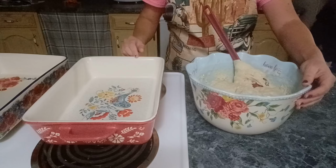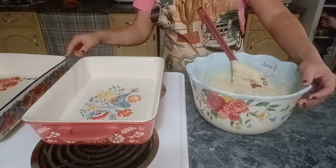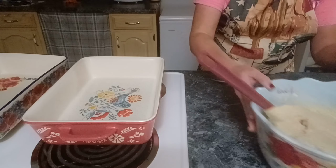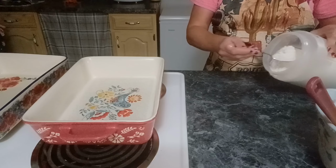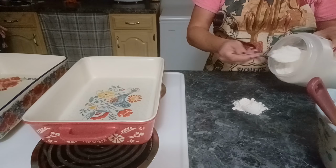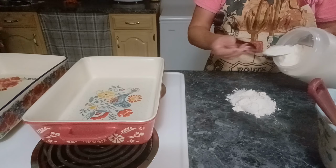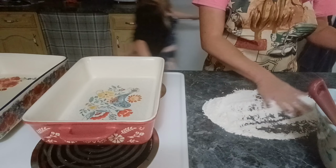So Faith has went ahead and took a stick of butter and buttered up the pans really, really good so that they won't stick to the bottom of them when they cook. So all I'm going to do is to get to the messy part. Roll this out. Make sure...